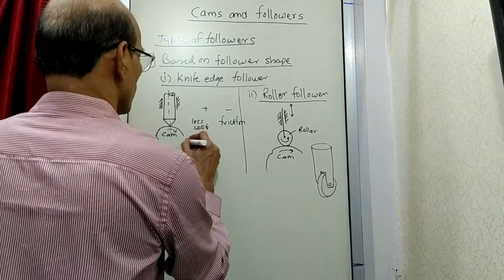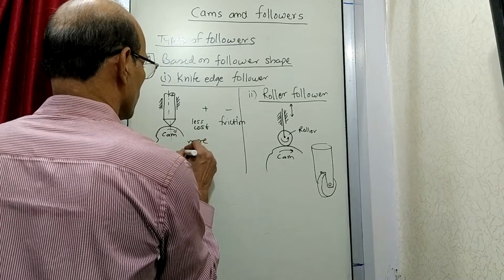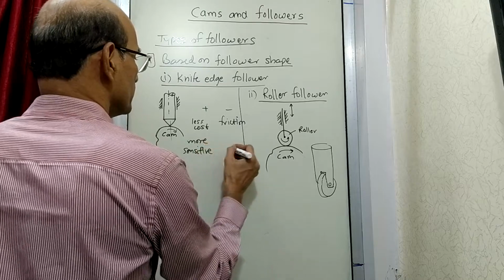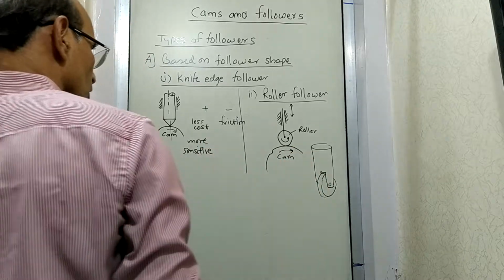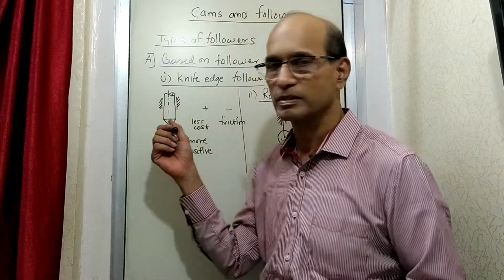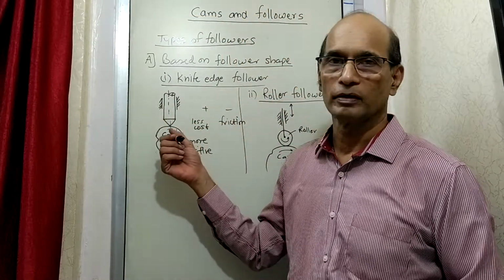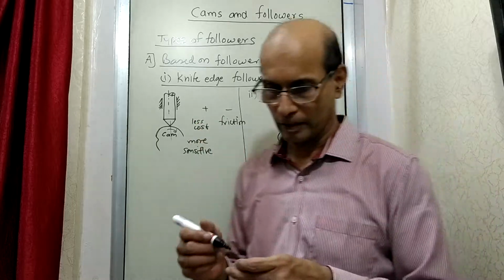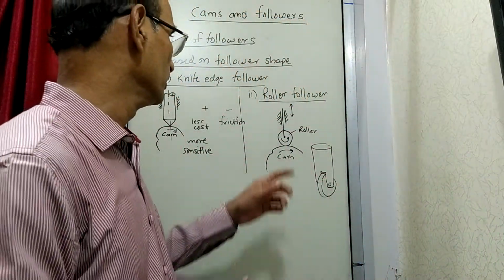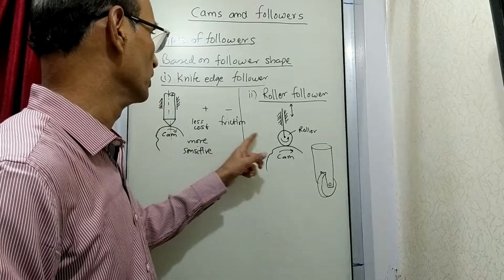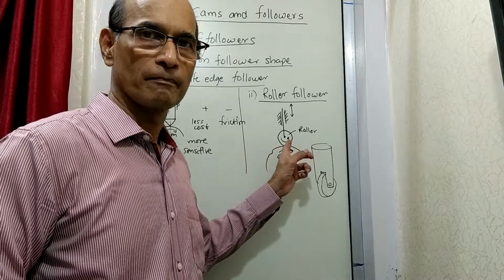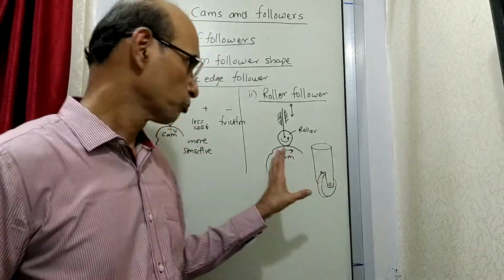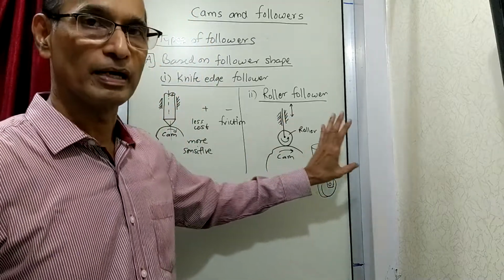So this is more sensitive, which is good. More sensitive and this is less sensitive. So you can see 2 points in favor of this, 1 point not in favor, that is friction, and opposite of that is applicable here. Okay. Here there will not be any friction, so the wearing out what we had in friction will be much less here, because the rolling action, wearing out also will be less, and so on. So these points you should realize why there are different varieties.